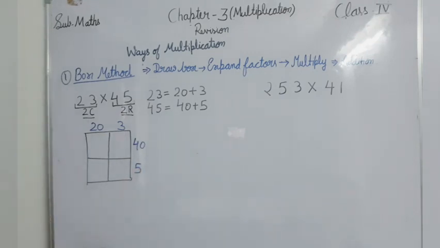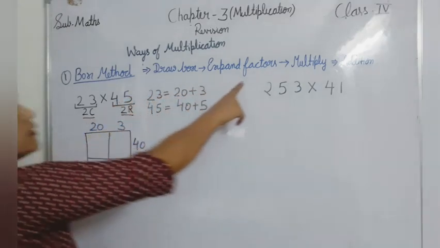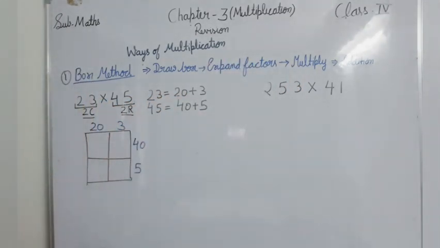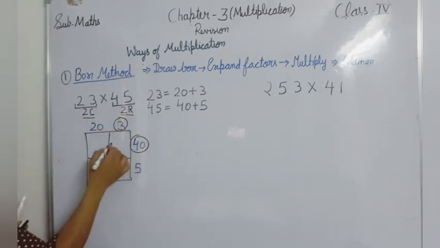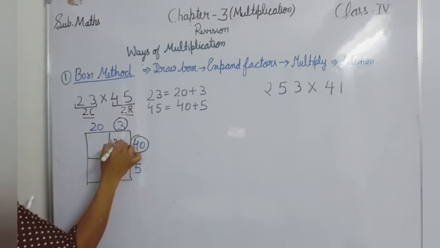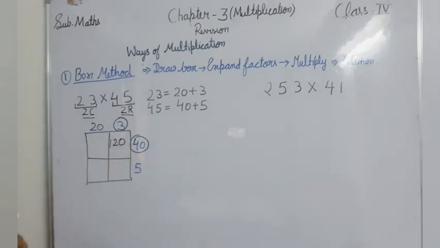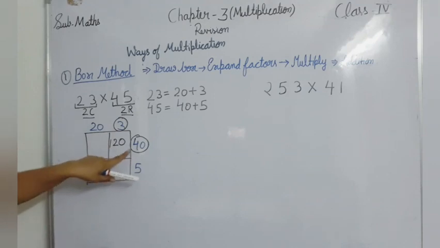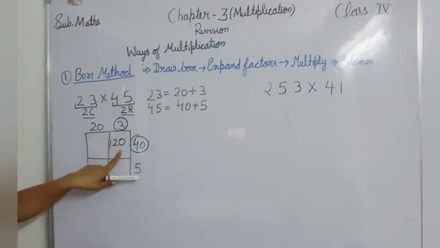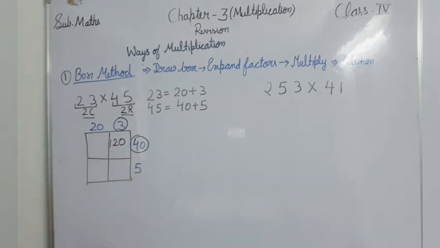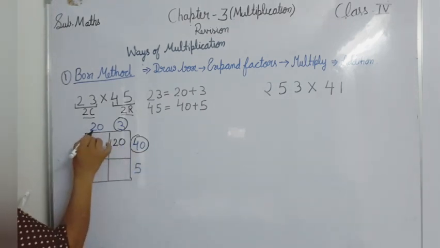In this method we will not divide the box into two parts. Now the next step is multiplication. So now let's multiply. 40 multiplied by 3. 120. Whatever the product is after multiplication, the whole product you have to write in one box only, in box method. So now 40 multiplied by 20.